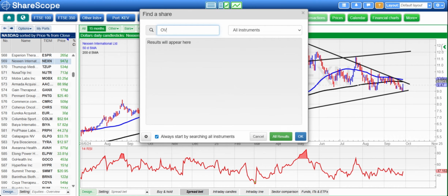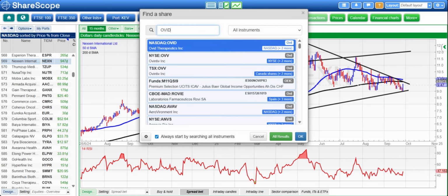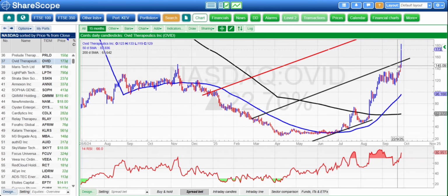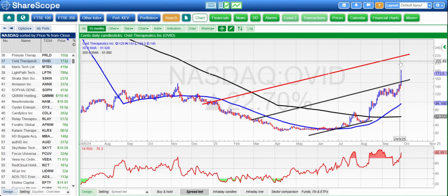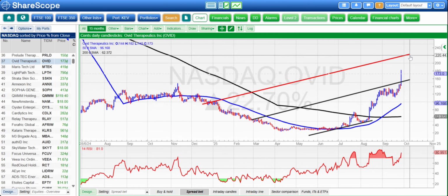On to the last two. The first one is Ovid, and it looks like a spectacular situation. We've hit the first target we had at $1.50. The upper parallel of that rising trend channel from March is up to $2.20, which is what we're looking for by the end of next month or even sooner. And assuming that we will now not settle below the $1.50 area, which was basically post-November 2024 resistance for the